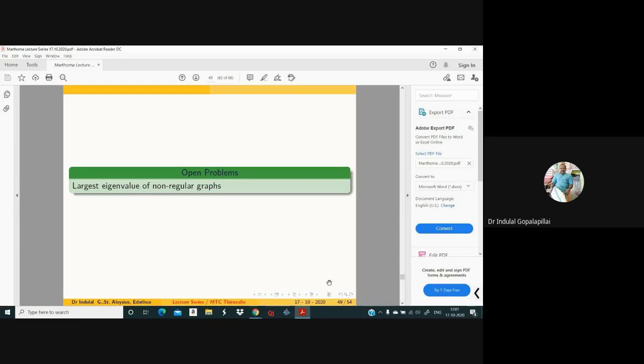This is a century-long problem posed by Alan Schwenk and Godsil, McKay et al., similar to the Ulam-Kelly conjecture in graph theory. The Ulam-Kelly conjecture asks, can we construct the graph from the vertex-deleted subgraphs? The same question can be asked here also. Can we construct the spectrum of the graph from the vertex-deleted subgraphs? Or how the spectral property of the graph is reflected in the spectrum of the vertex-deleted subgraphs is a problem.